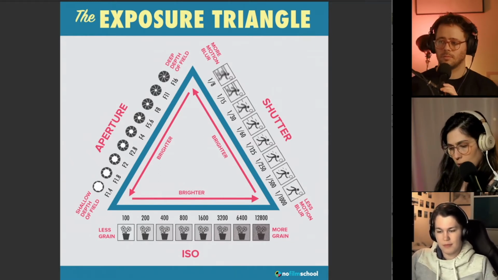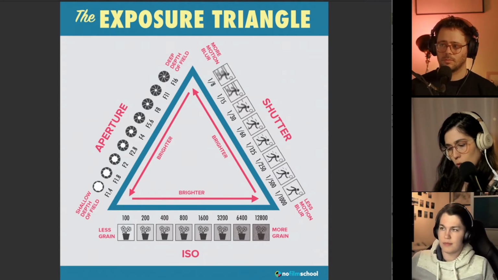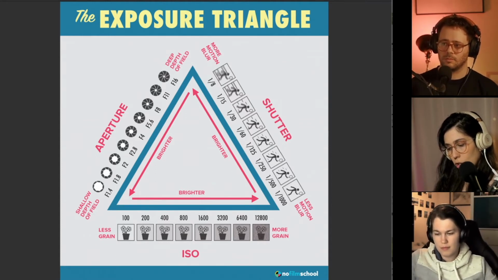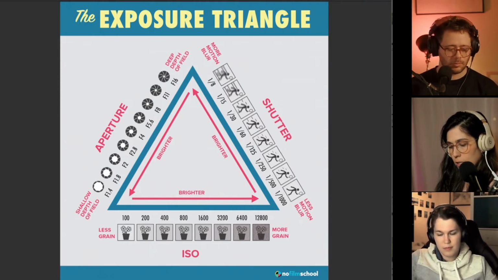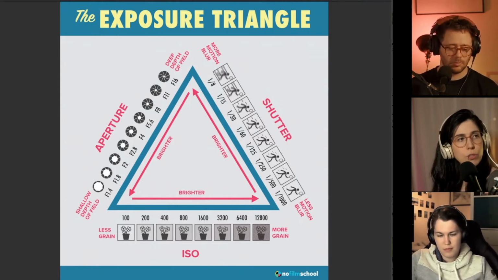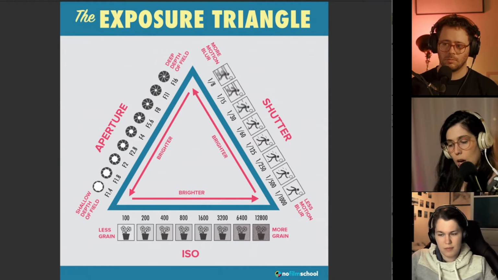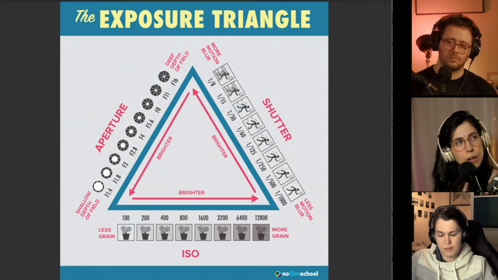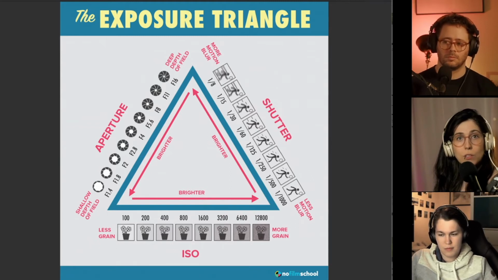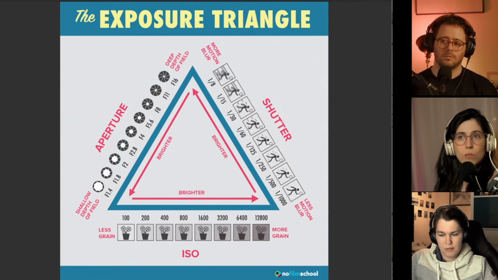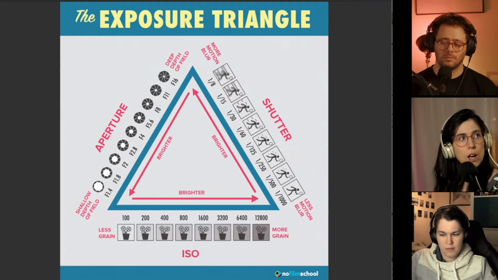We do have another question here. Is it better to use high ISO or shoot at a lower exposure, like a -1 compensation, and raise the shadows afterwards in an editor when you're shooting raw? I would say it really depends on the capabilities of your camera. My camera does really well at high ISO, so I don't shy away from using it if I need to.